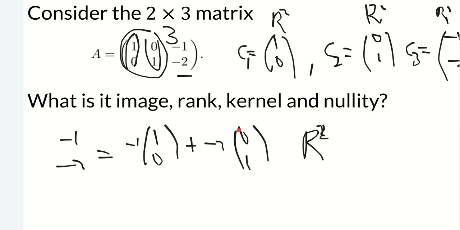Right. Then what is the rank? The rank is the dimension of the image. Now, if you are spanning the Cartesian plane, what's the dimension of the Cartesian plane? It is 2. So our rank is also 2. Then, if we look at the kernel,